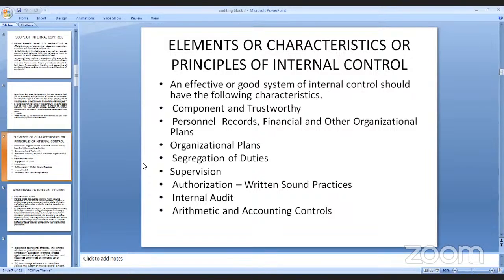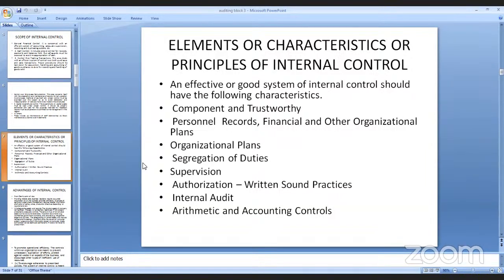Next, delegation of duties. Next, supervision must be done. Authorization must be done, and internal audit is a part and principle of internal control. Next, arithmetic and accounting controls must take place. Arithmetic means you are dealing with the various